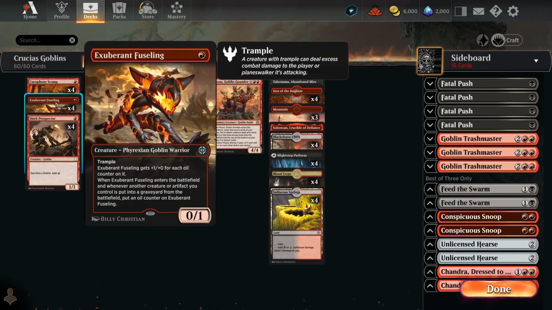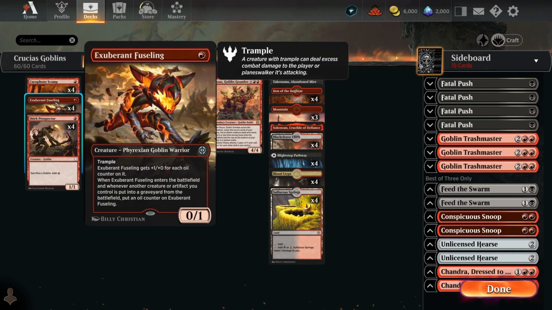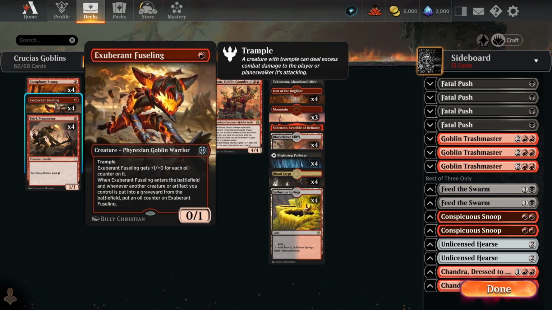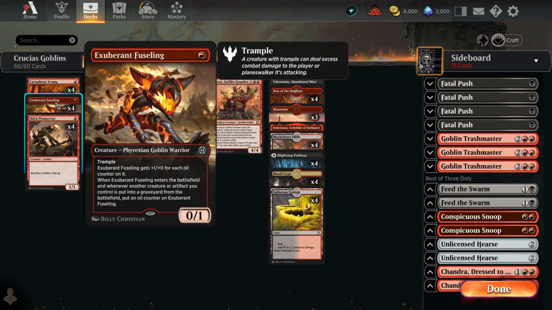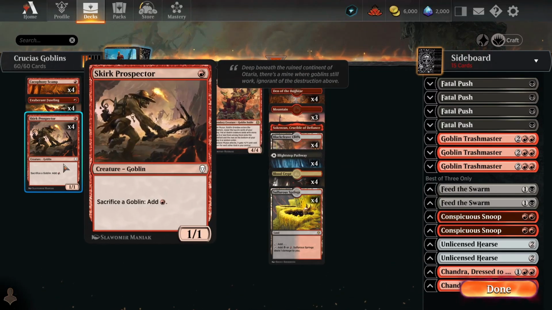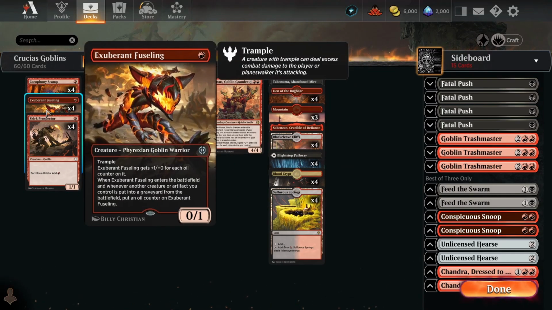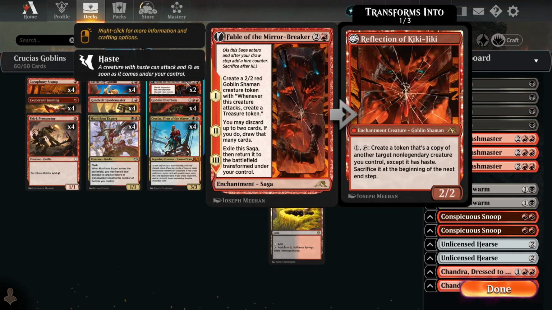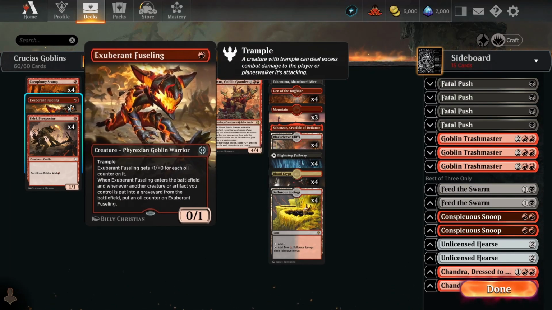Next we've got Exuberant Fusing, so this is another card from the latest set. So it's a 0/1 with Trample, and then it grows every time an artifact or a creature dies, basically, which is really sick in this particular deck. First of all, because we have Treasures of Crucias or Fable, which trigger it. We also have Skirk Prospector, which triggers it. And, you know, we have a lot of must-kill threats in the deck, right? We've got Hallmaster, we've got Chieftain, we've got Crucias, and, you know, the Fable token and Reflection are also cards that are going to be targeted for removal, which means that if we play Fusing on turn 1, the opponent's...